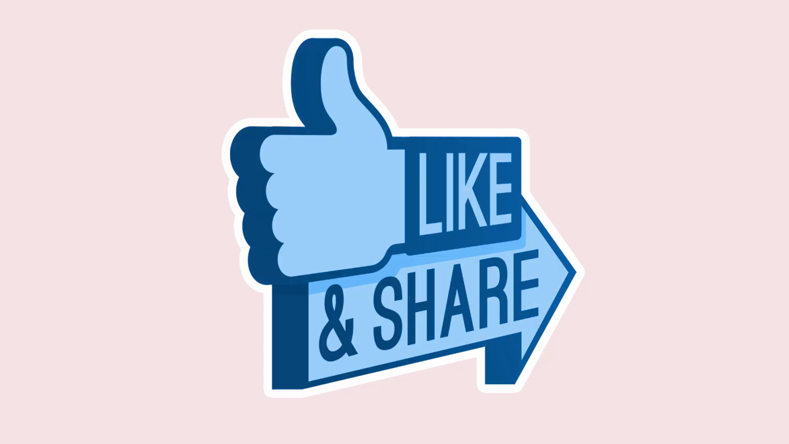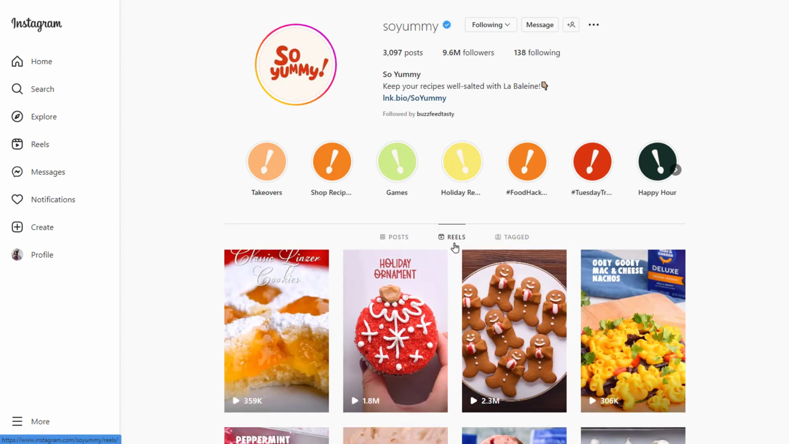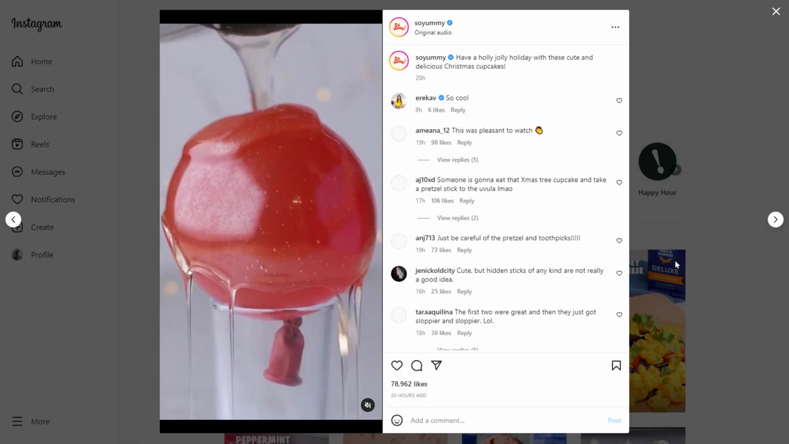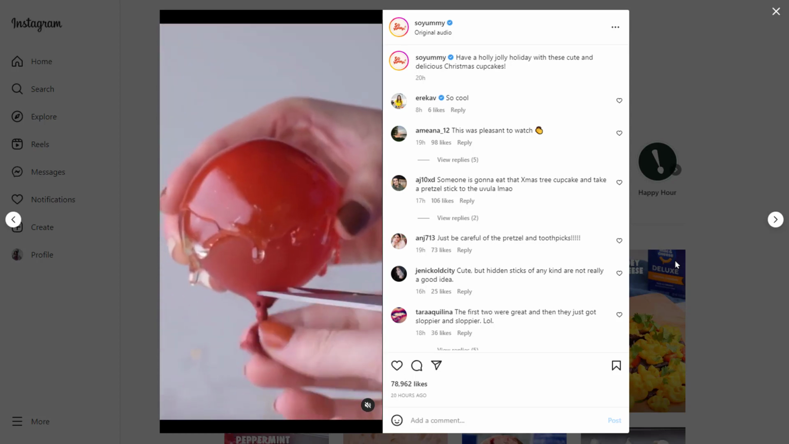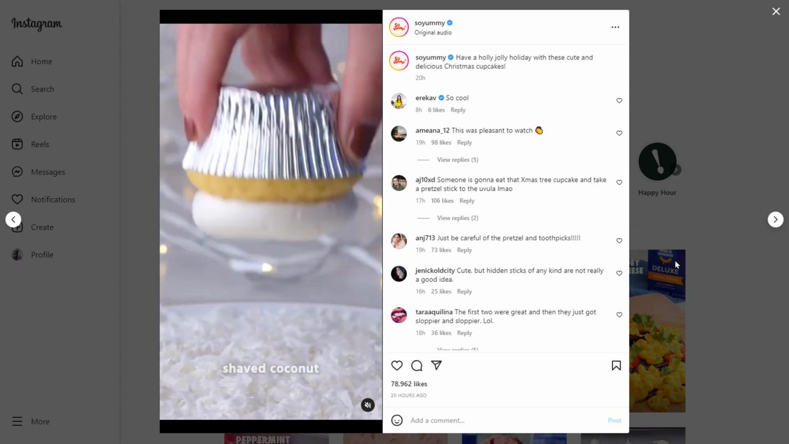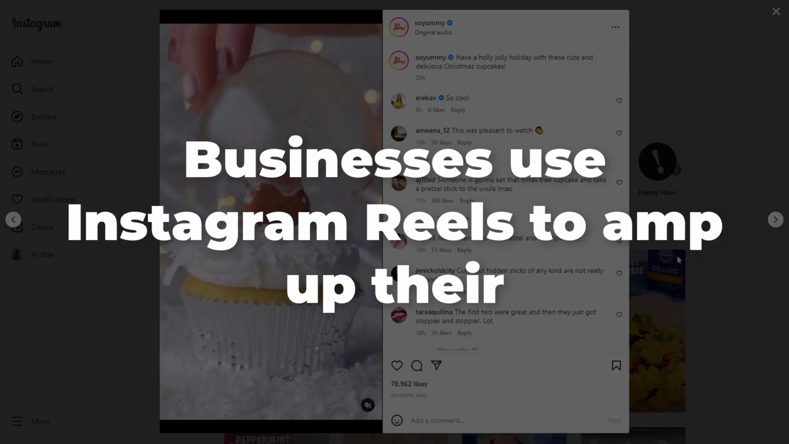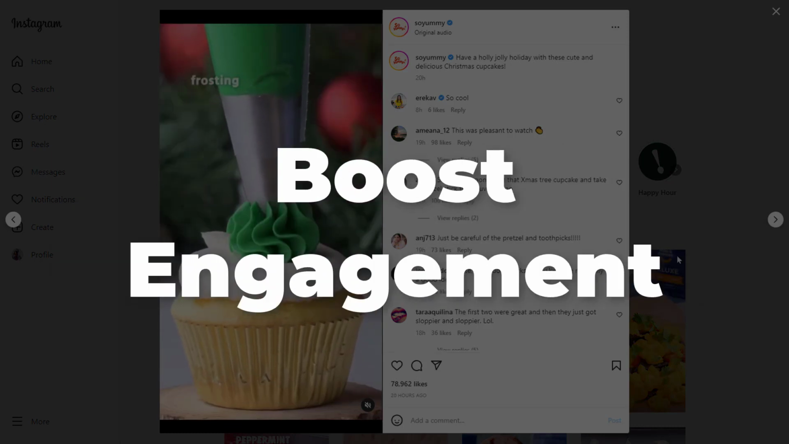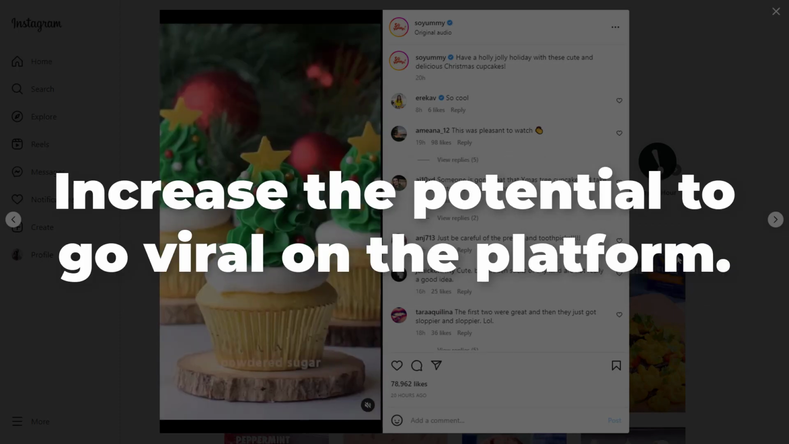And let's get started. Instagram Reels has now become one of the hottest types of posts in the leading visual platform. Just like TikTok, this feature allows users to upload and watch bite-sized video clips like social videos, tutorial videos, or even dance videos, whether it's for entertaining or educational purposes. Since it makes the content much easier and quicker to consume, businesses use Instagram Reels to amp up their Instagram marketing game, boost engagement, strengthen brand awareness, book more appointments, and even increase the potential to go viral on